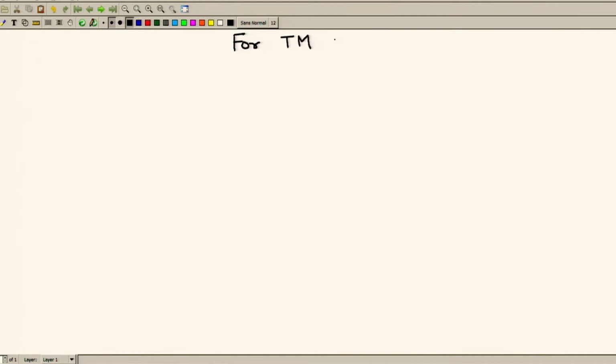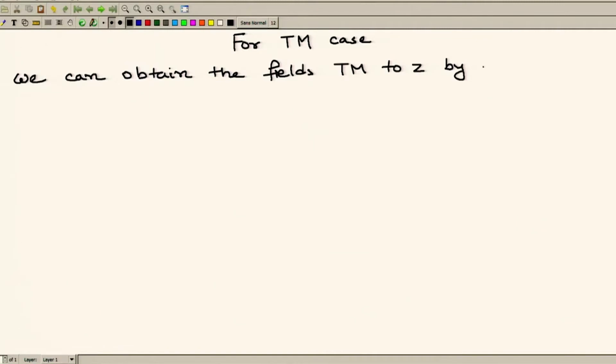For the TM case, we can obtain the fields TM to z by letting A as